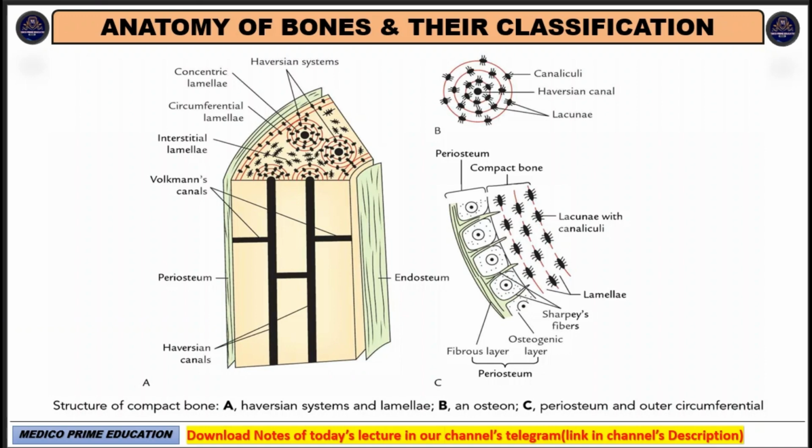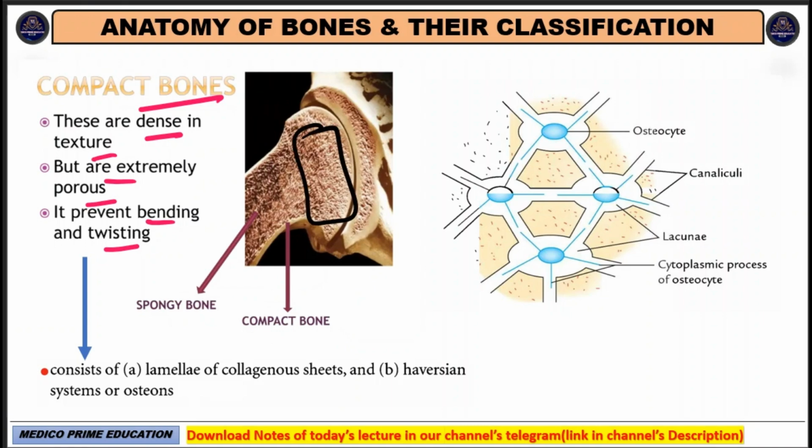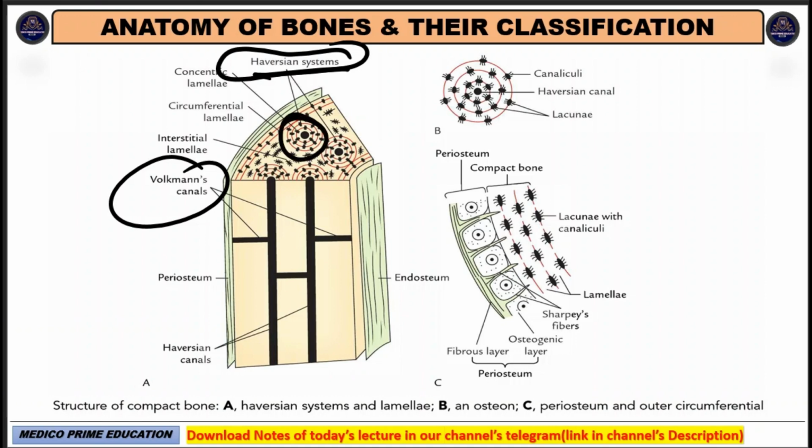So if we discuss the compact bone, this part of the bone, what can we see here? We can see the Haversian system, in which the Volkmann's canals, Haversian canals, and concentric lamellae are visible. At the center is the Haversian canal, and after that it is surrounded by